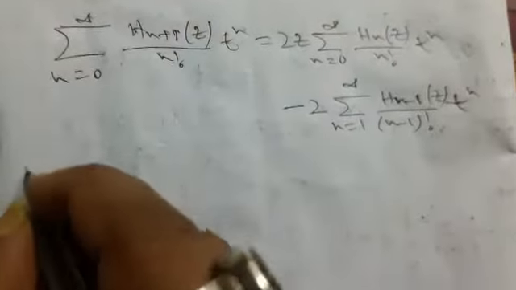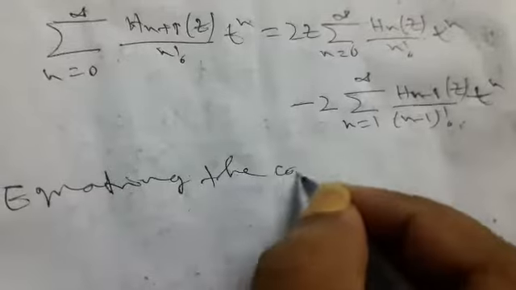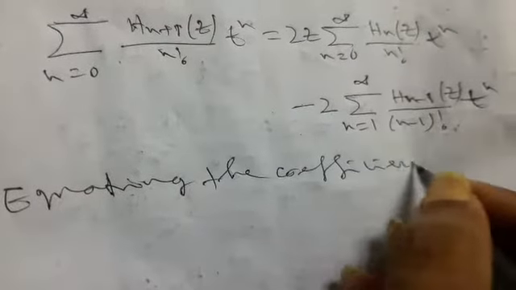Here also n comes from 1 to infinity because 0 is not defined. Now, equating the coefficient of t to the power n, we obtain